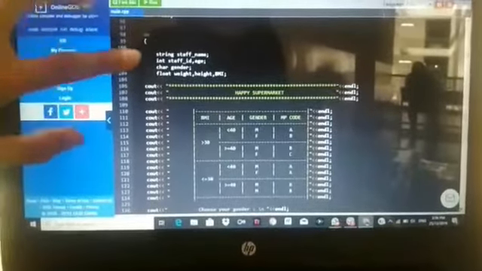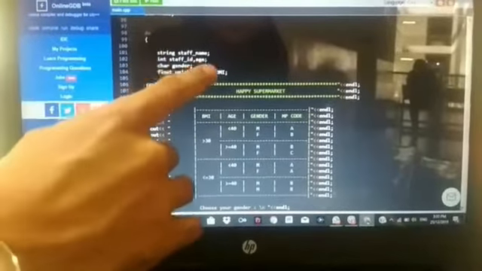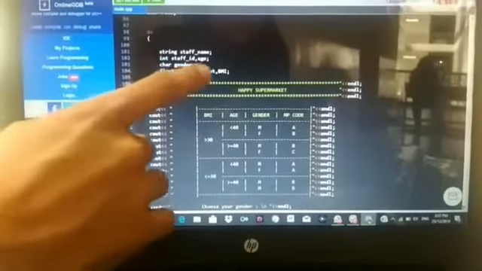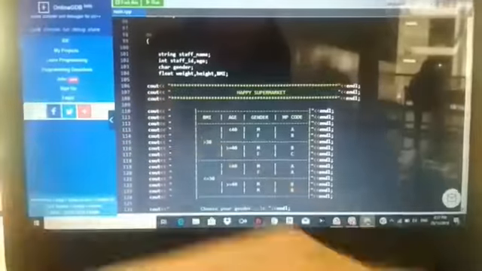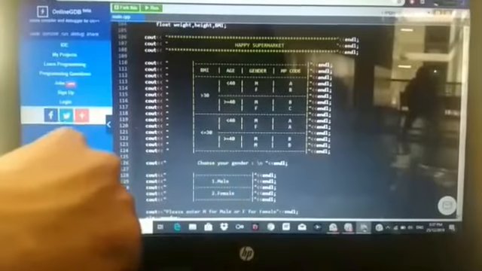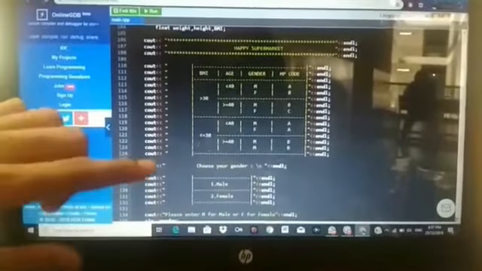First declaration: staff name is string, staff ID and age are integer, gender is char, and weight, height and BMI are float. As you can see here, we will output the name of the supermarket. Then we have the table of BMI categories.